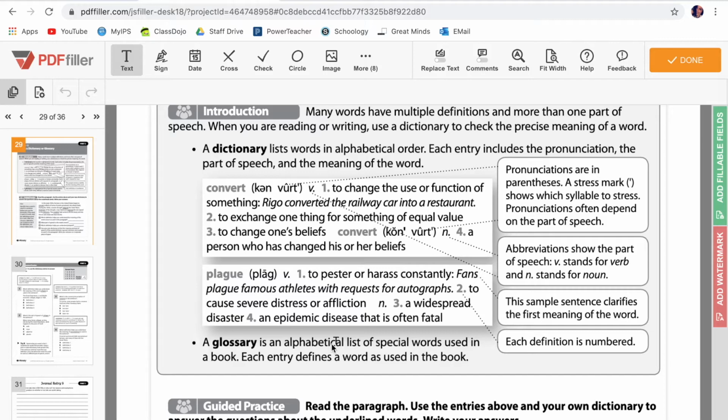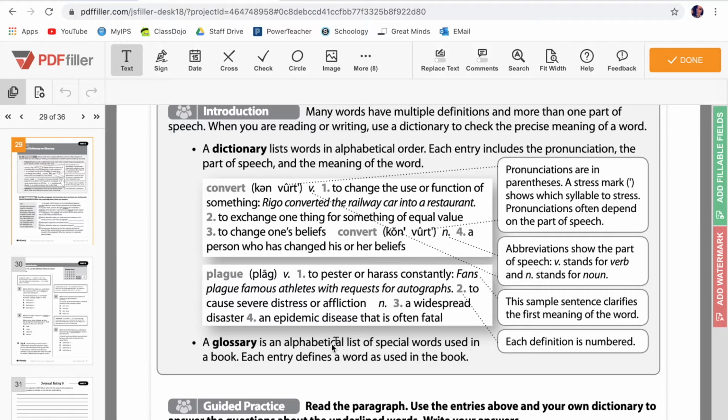So each definition is numbered. So each one is one definition, 2, 3, 4, all separate definitions. So a glossary is an alphabetical list of special words used in a book. So like if you look at a textbook, for example, if you go to the back, there's something called a